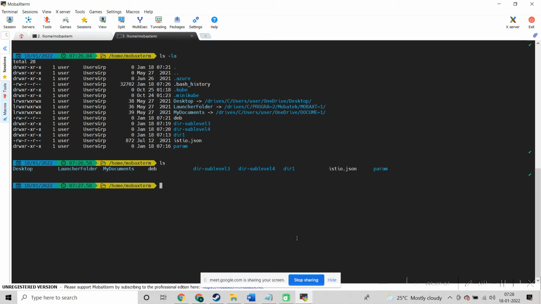If you say ls param, it will show what is under that param. So ls is for listing everything in the current directory, or whatever directory we pass as a parameter.